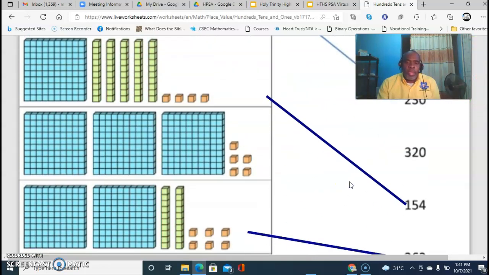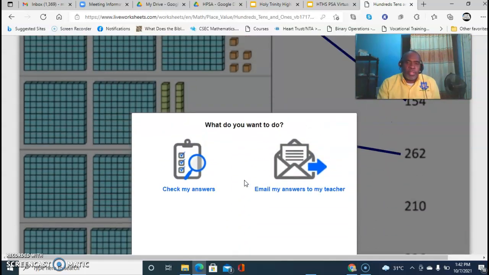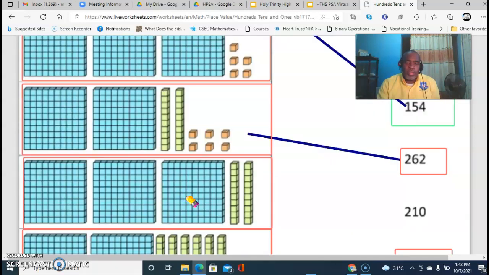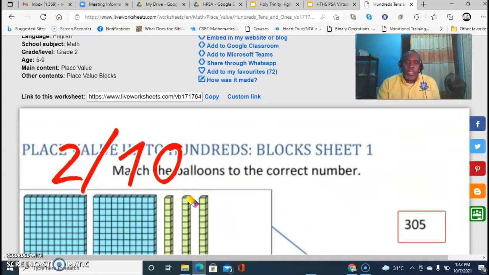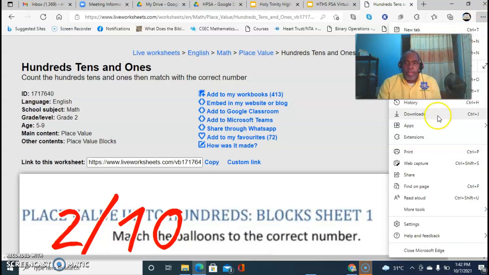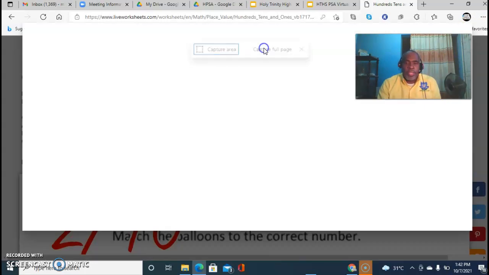Alright, so then you're going to click on the word finish. Click on the phrase, check my answers. And then you're going to go to the upper right hand corner where I'm pointing right here, and you see these 3 dots. When you click on them, then you're going to scroll down until you find web capture. Then you're going to click on capture full page,